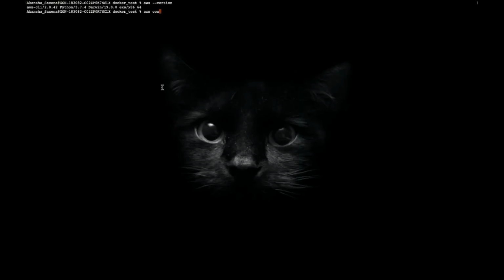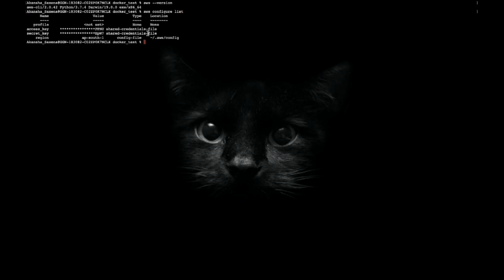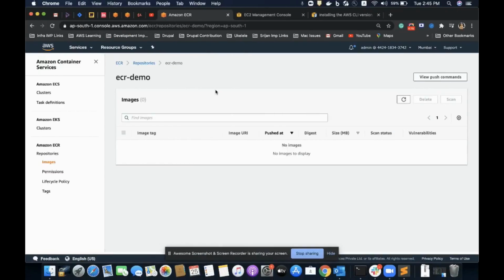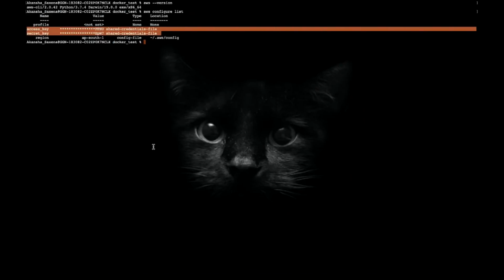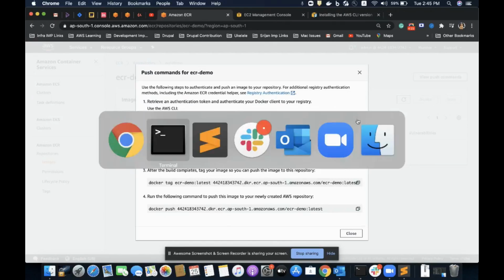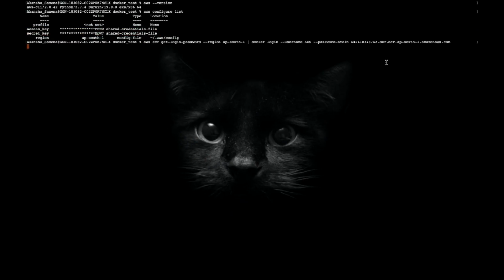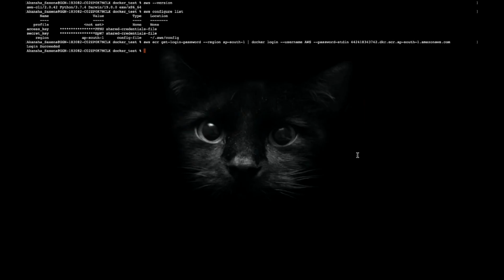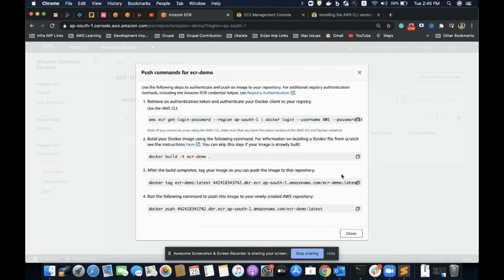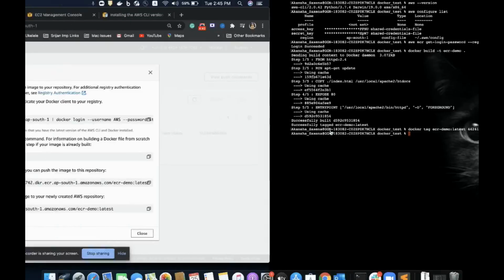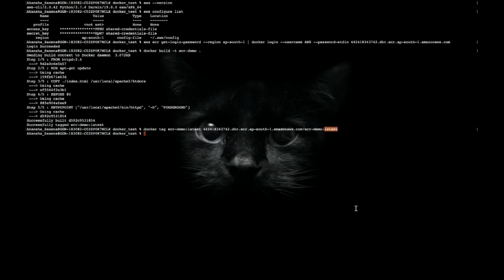If I show you what I have configured, I have already configured the default access and secret key of the user, which has the permission of pushing the Docker image to this repo. So I'll follow the commands I have here. I'll start with logging into my ECR, and then building my Docker image, and then tagging my Docker image with the latest tag, and then pushing this tag.